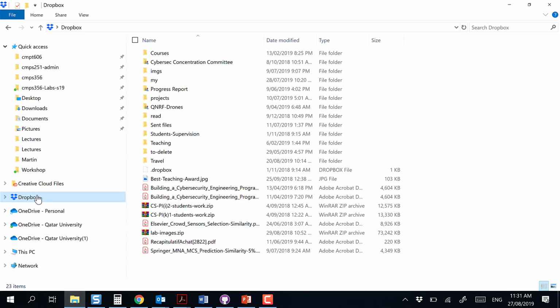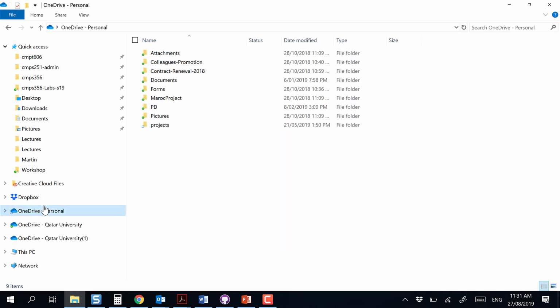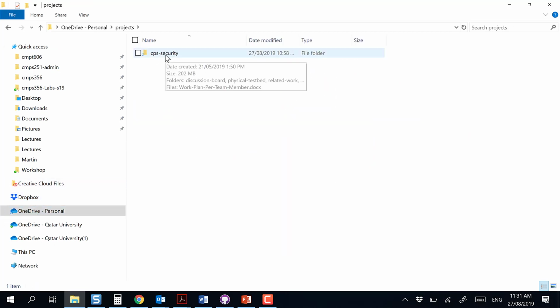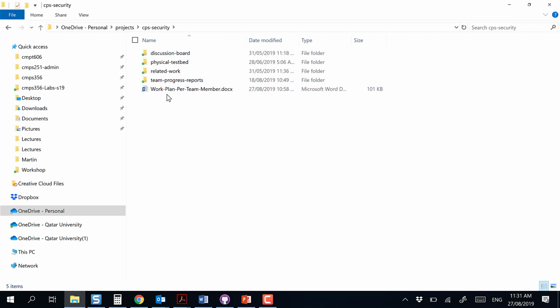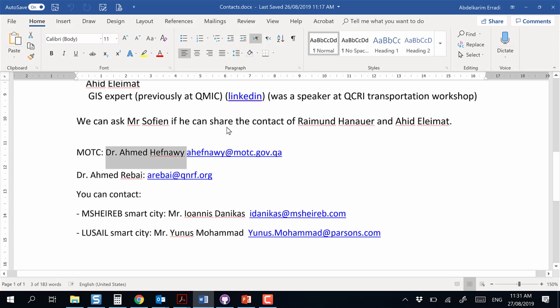Here is OneDrive. For example, I have this project that I collaborate on with many people here in Qatar, the US and some other places. We have a folder in this OneDrive, and let's say I have a document here, a work plan per team member. So when I open this document,